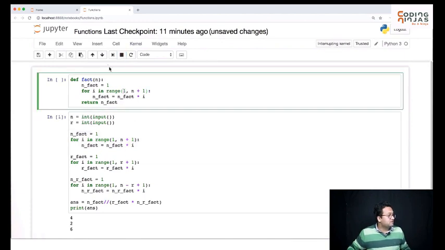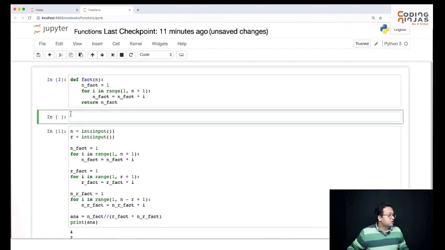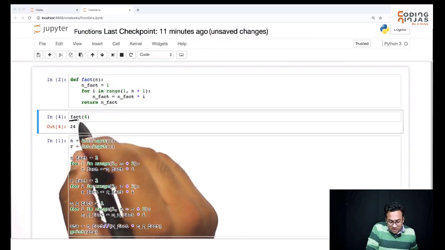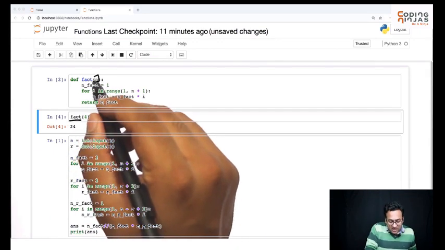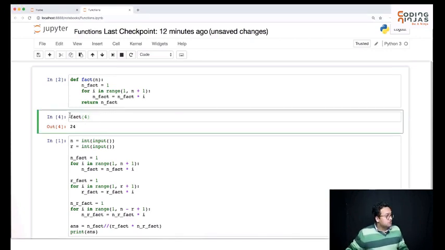Okay, so seems like we have written this function. Let me just run this so that this function is defined now. Now, if you call this function, it gives you the factorial value back. So right now, the output of this cell is 6. If I do 4, it will give me 4 factorial, and so on. It will work absolutely fine. So that's how you call a function. You need to take the function name, and this function is saying I need one input. So you need to provide one input, and it will evaluate the result for you and give you the value back. The value it is giving back is the factorial of the number I am giving it. Perfect. So that is one way to call it.